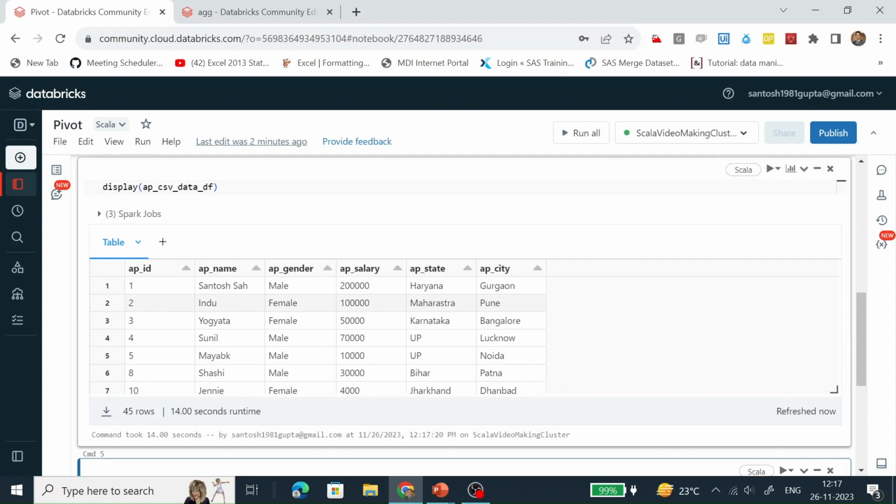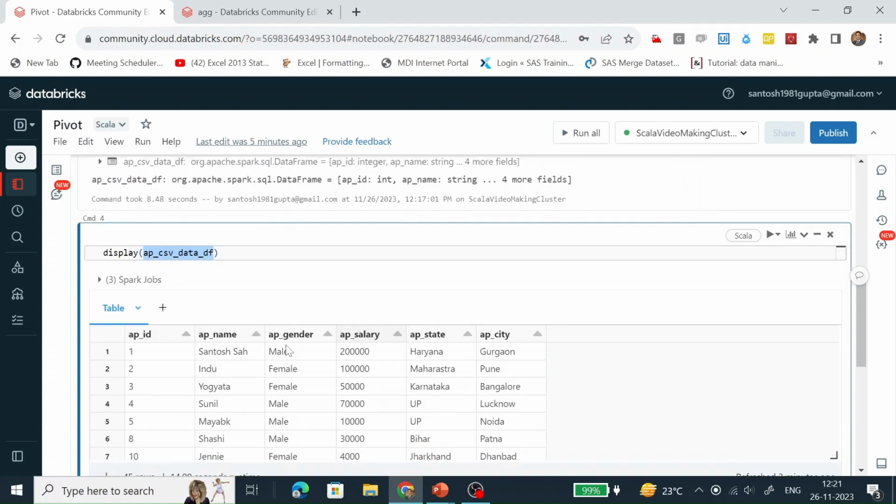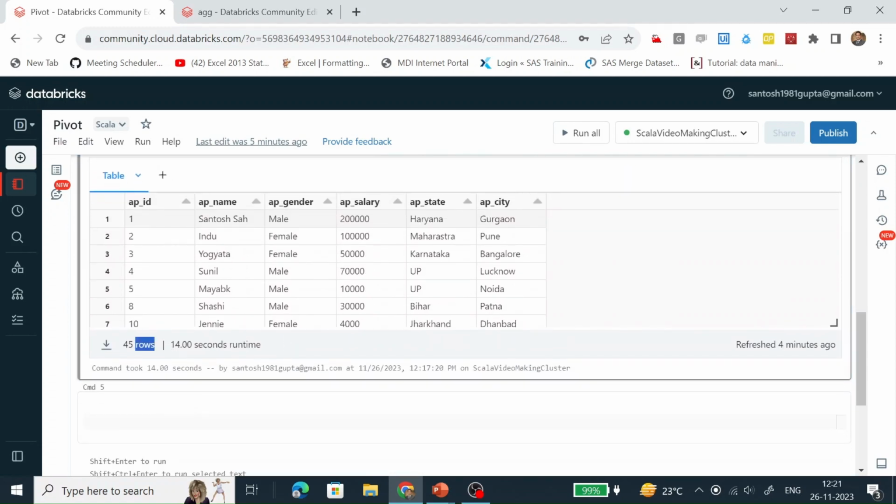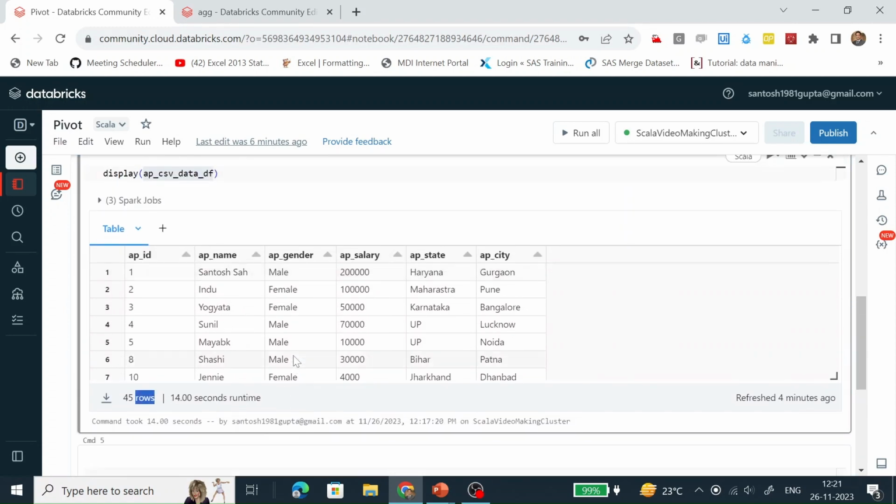We can see there are 45 records present in this data frame.